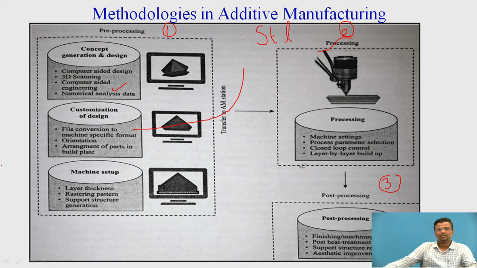So what we can say is that there are three steps in additive manufacturing. First one is pre-processing, in which we develop the 3D model with the CAD software. We validate the CAD model with computer aided engineering or FEA analysis. We convert that 3D model into a specific format like .stl, that is standard tessellation language, which is the format used in additive manufacturing,